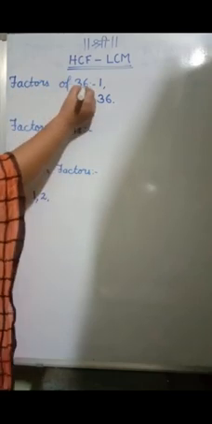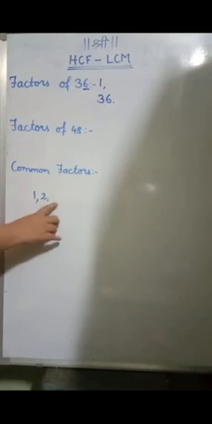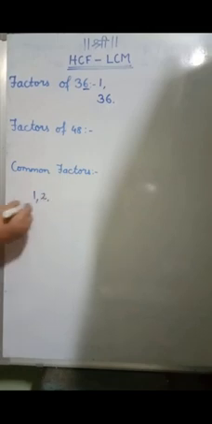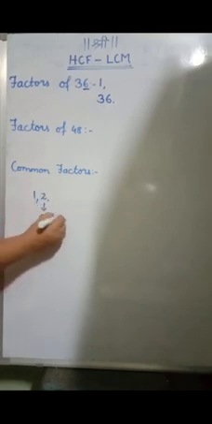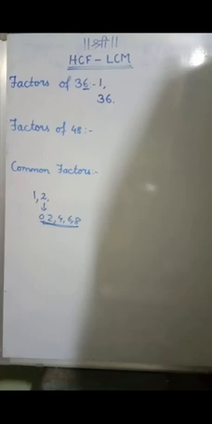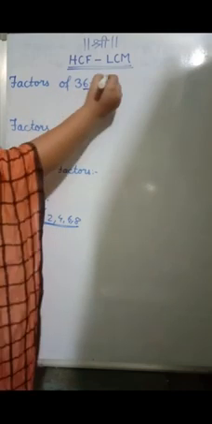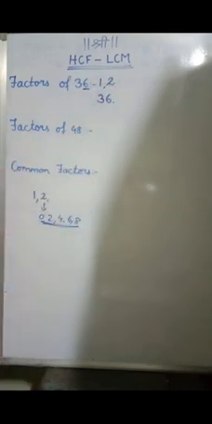Yes, because at its units place we have 6. And what is the test of divisibility of 2? 0, 2, 4, 6, 8. If these numbers are at the units place, then that number will come in 2's table. So do we have 6? Yes. Then the number will come in 2's table, so we'll write here the next factor, that is 2.